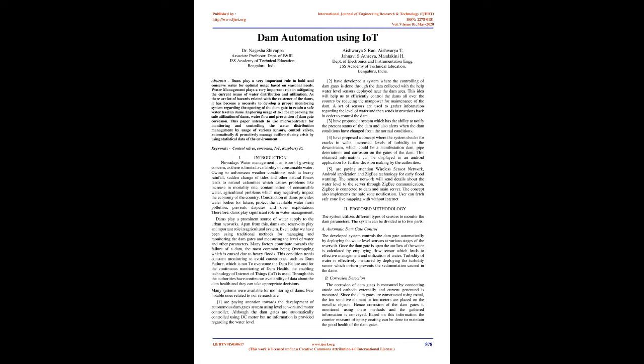Introduction. Nowadays water management is an issue of growing concern, as there is limited availability of consumable water. Unforeseen weather conditions such as heavy rainfall, sudden change of tides and other natural forces lead to natural calamities, which cause problems like an increase in mortality rate, contamination of consumable water, and agricultural problems which may negatively impact the economy of the country. Construction of dams provides water bodies for the future, protects the available water from pollution, and prevents disputes